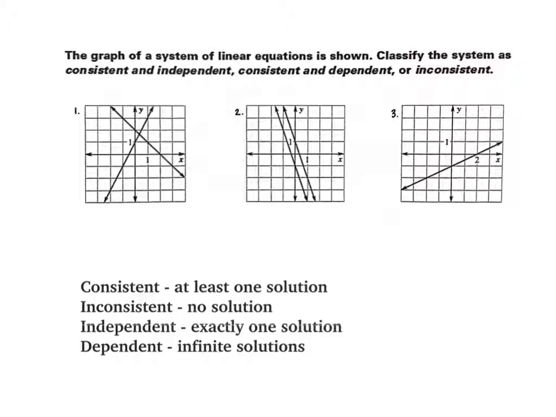First of all, these words, you've got to know these words. Make sure you see them. Consistent: at least one solution. If it has an answer, it's consistent. Inconsistent: no solution. If you write inconsistent, that's all you write. Independent has exactly one solution. Dependent: infinite. I'm going to give you some graphs,